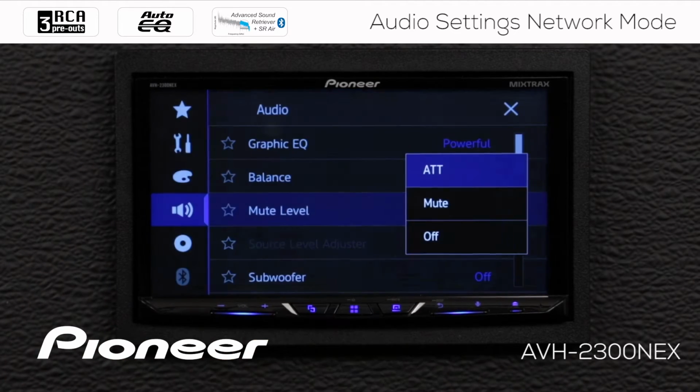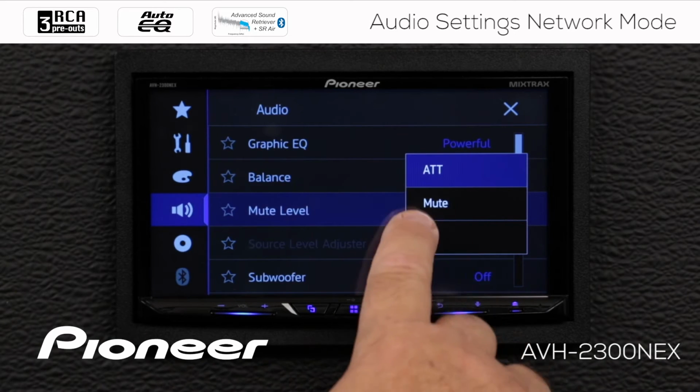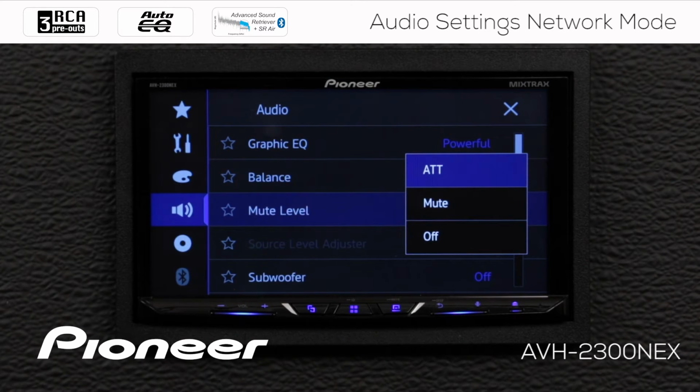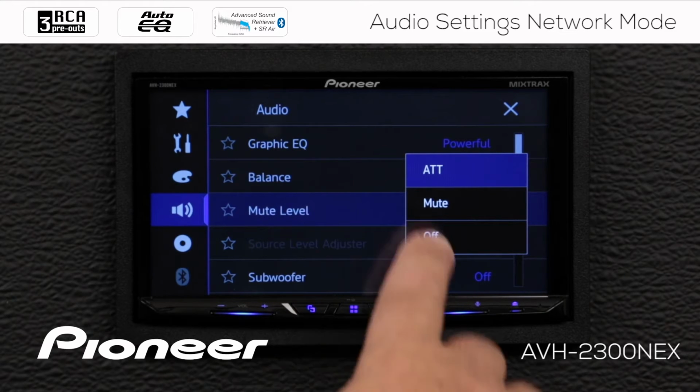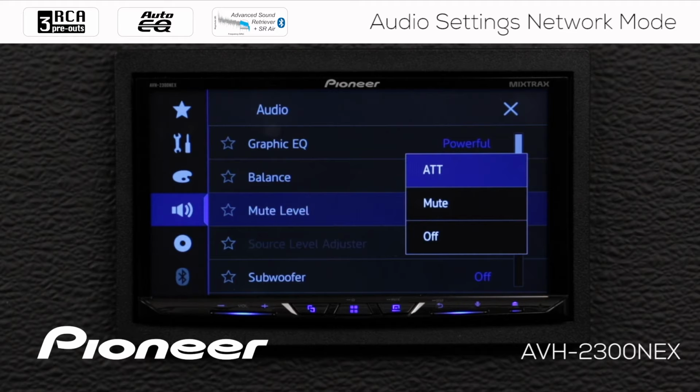Next up is the mute level. And in the mute level, I have three different options to choose from. I have attenuate, mute, or off. Now, the mute level refers to when you are receiving turn-by-turn instruction from the nav system, or when you get a phone call. The first is attenuate. If you choose that, that will lower the volume by about 20 dB from the volume of any music that you're listening to, so that you can take a phone call or